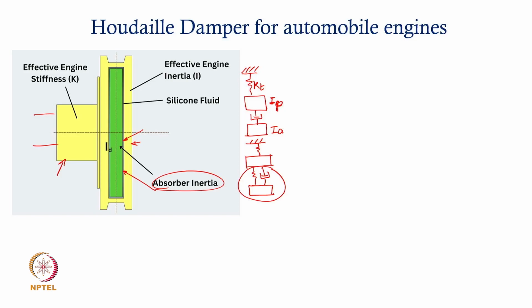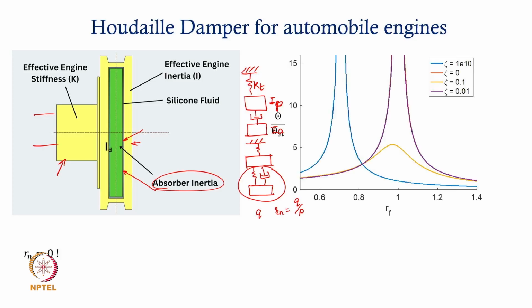Now the first casualty here is your Q. What is Q? There is no spring there, okay, and Rn being Q over P is going to be 0. So in this case Rn is 0, and then you can start working out on all the expressions that we derived for the usual case. So we will not get into all the steps again, except for the fact that if you substitute all of these quantities appropriately, this is what the response plot of theta will look like,